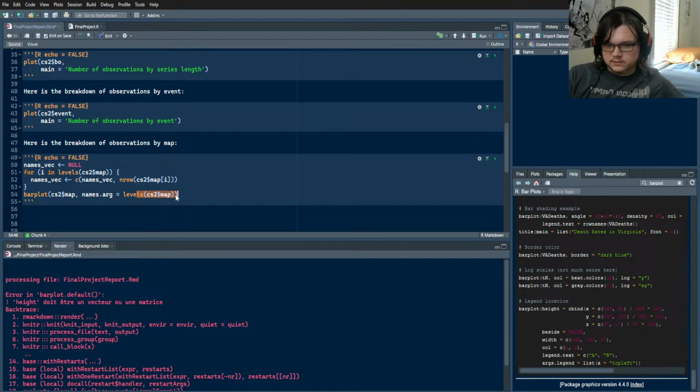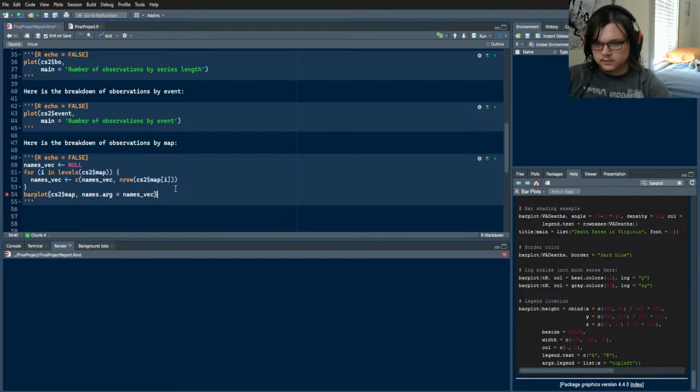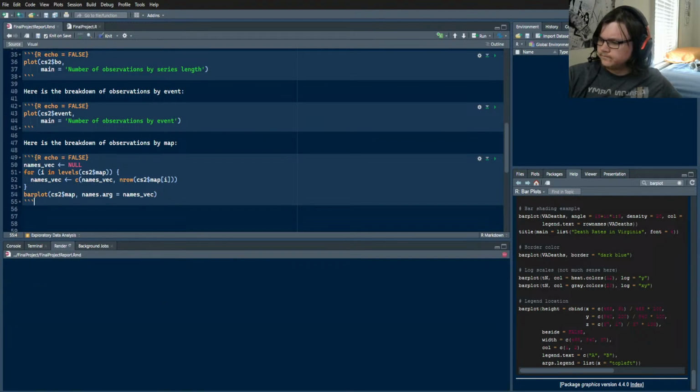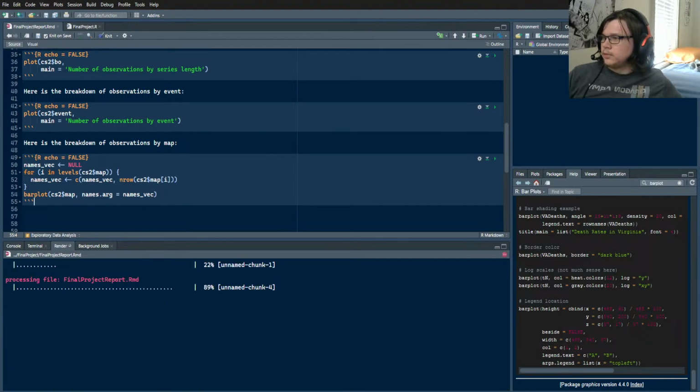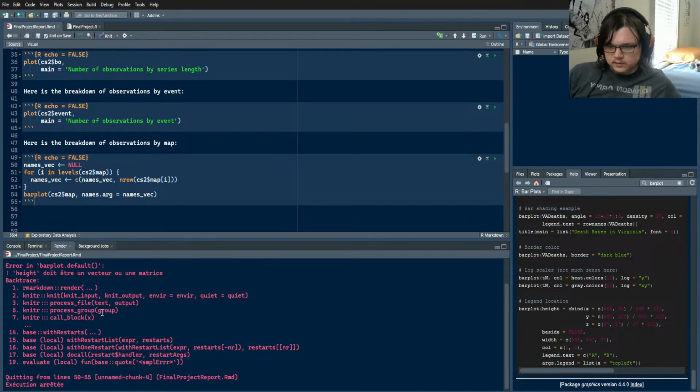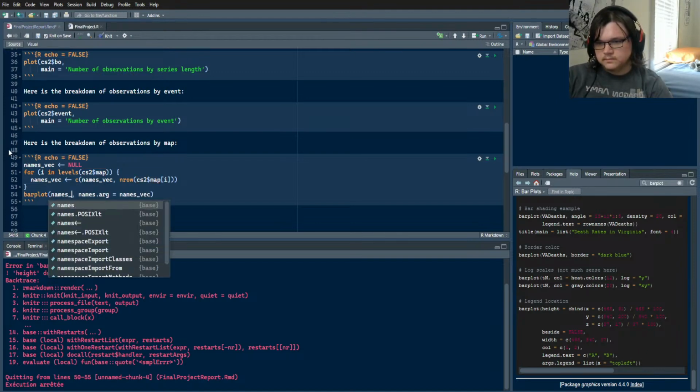And then we try names back. Would that work? Oh, I forgot a parenthesis. How do you say one parenthesis? I actually don't know what the correct way to say that one is. Okay, there's an issue here apparently. Oh, sorry. This should be